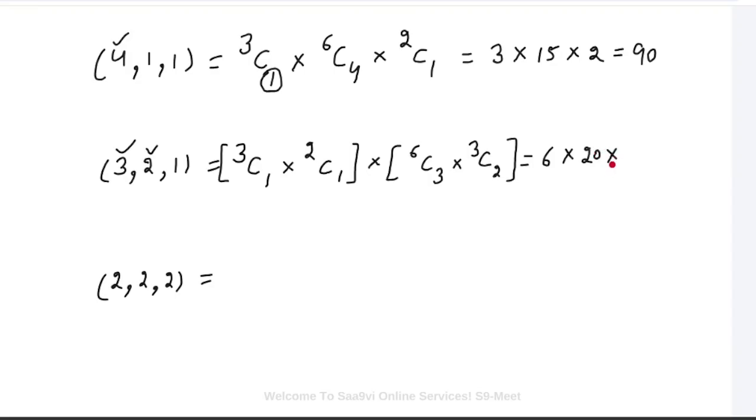And 3C2, that is again 3 factorial by 2 factorial, that is 3. So this comes out to be 6 into 3, 18 into 2, 360. And for the case 2, 2, 2,